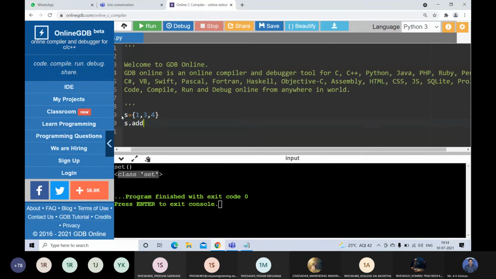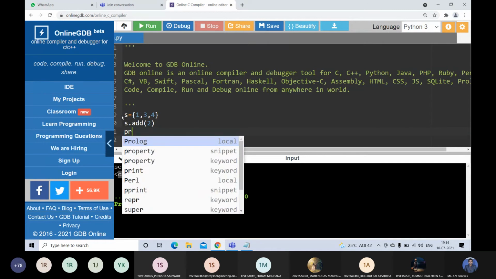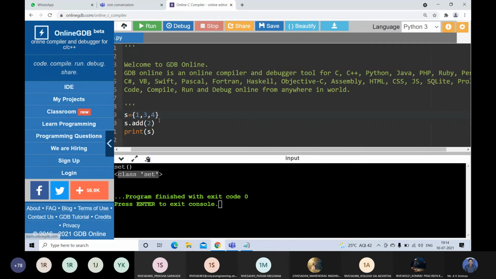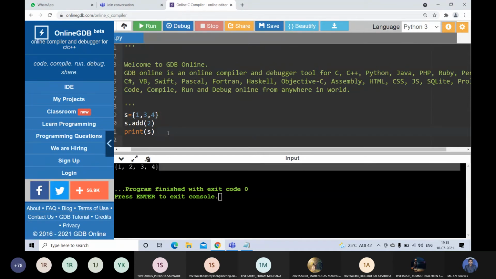And if I write S dot add of 2 and print of S, my original set is 1, 3, 4. Now I'm writing S dot add of 2. I want to add the element 2 here. Then we will print 1, 2, 3, 4. If you print the sets, always sets will be displayed in order, because the elements are unique now. The definition is unordered collection, but it will print the elements in sequential order like this.